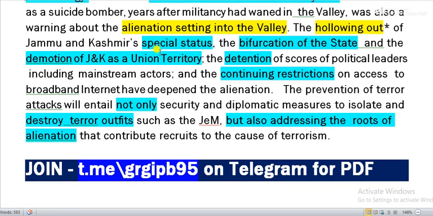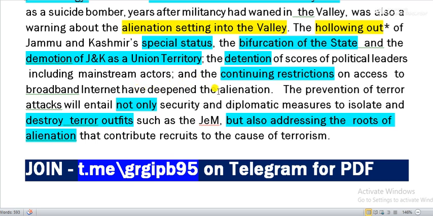The hollowing out of Jammu and Kashmir's special status, the taking away of special status, the bifurcation of the state and the demotion of J&K as a union territory. So, reducing Jammu and Kashmir from state to union territory is a kind of demotion. The detention of scores of political leaders, including mainstream actors, and the continuing restrictions on access to broadband internet